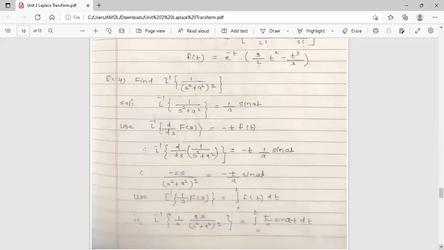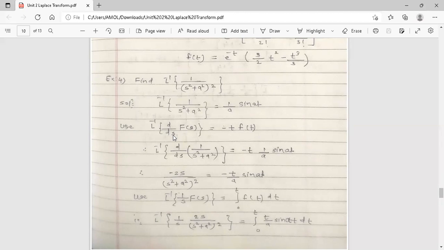Next is: find the inverse Laplace transform of 1 upon (s square plus a square) whole square. Now you know that the inverse Laplace transform of 1 upon s square plus a square is 1 upon a into sin a t. This is the formula. Now if we differentiate this term 1 upon s square plus a square with respect to s,